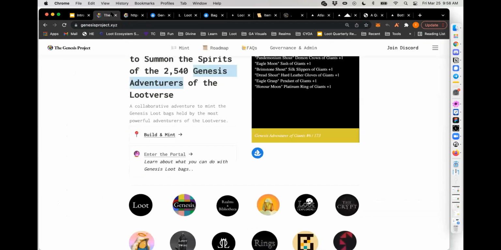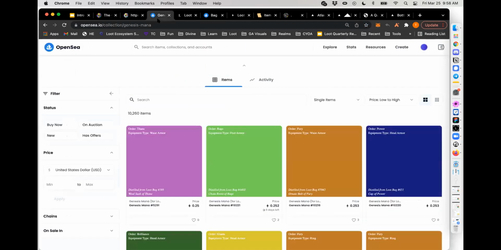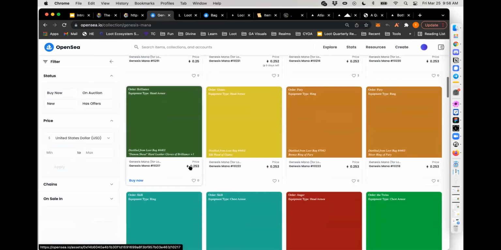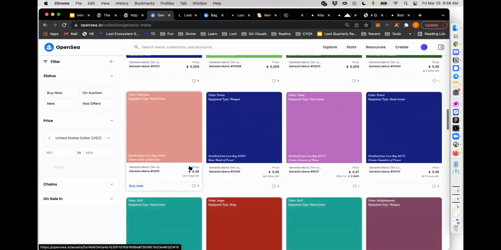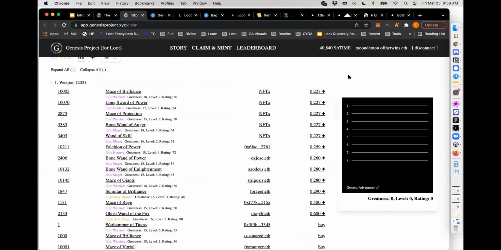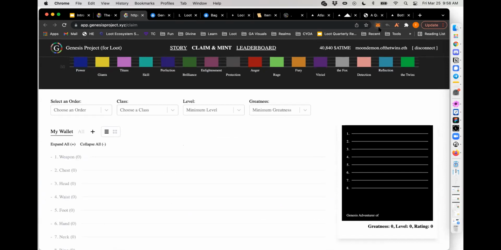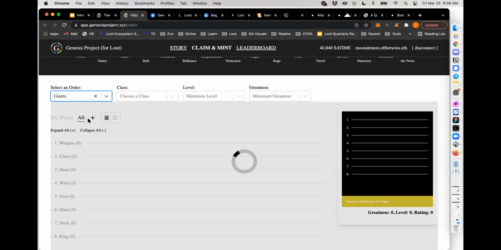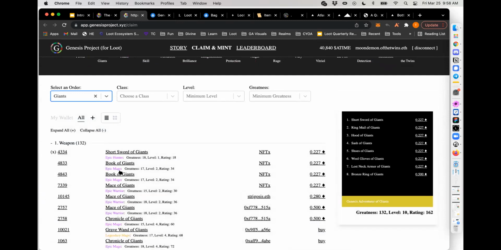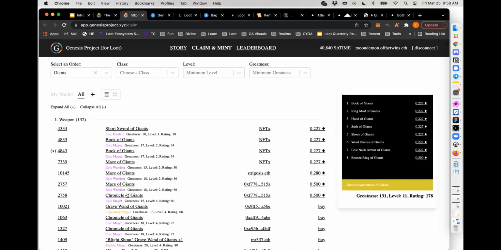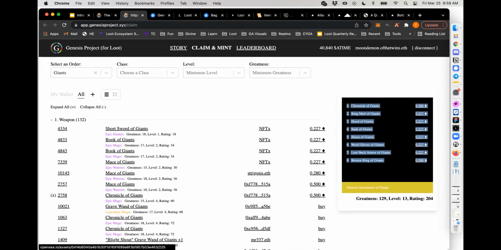Anyway, with this project, the idea is that you mint these cards and then collect them together, and with a perfect set of Genesis mana, you get to mint a Genesis adventurer. I would log in, but I don't want to screen share and record with my MetaMask open here. But in my wallet, I would see all my items, and then once I've collected all of them successfully, I'd decide, okay, I've got this Genesis adventurer ready to go. Once they're in my own wallet, it would say mint here, and I can mint and summon my own Genesis adventurer.